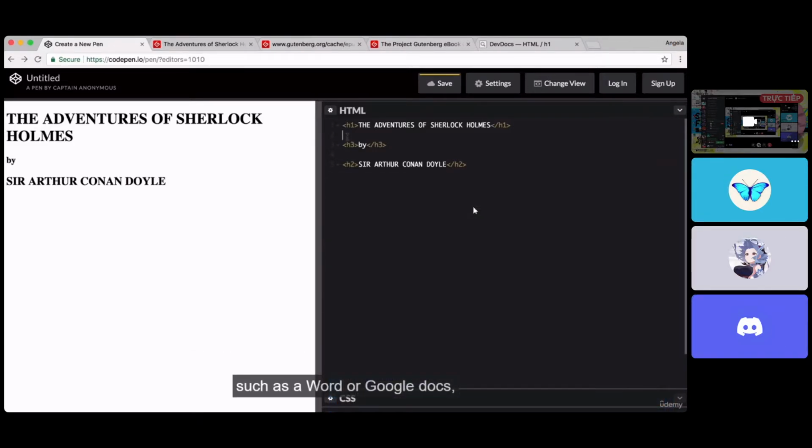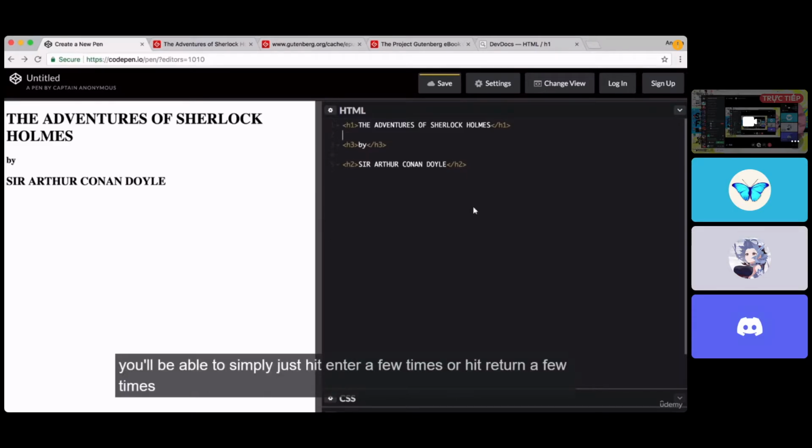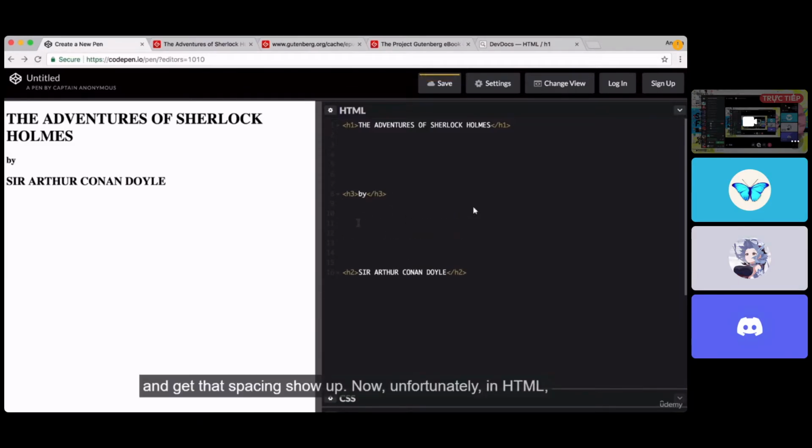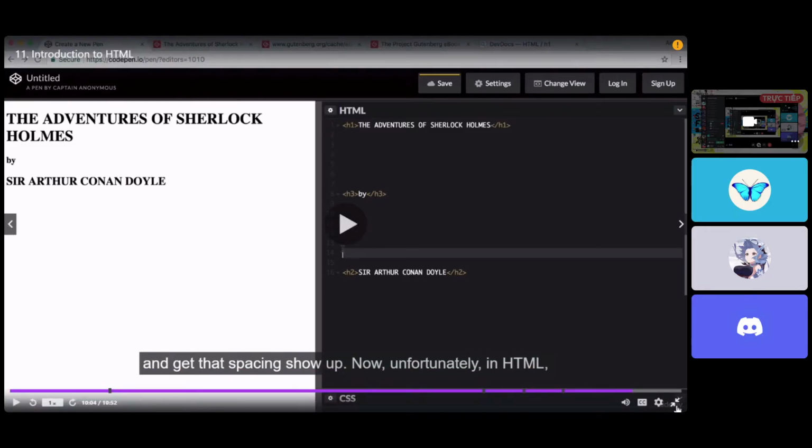such as Word or Google Docs, you'll be able to simply just hit enter a few times or hit return a few times and get that spacing show up. Now, unfortunately, in